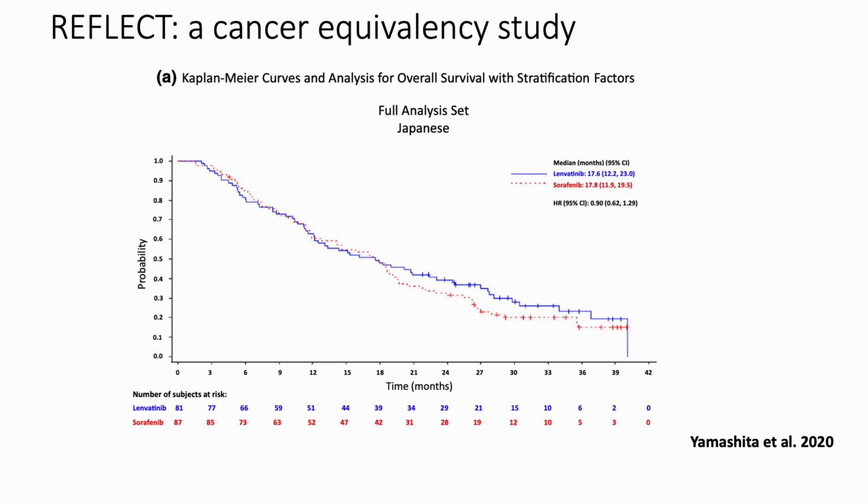So here what you see is that we have two drugs. We have lenvatinib and we have sorafenib. Now sorafenib is in red and lenvatinib is in blue. So what we can see is that we are looking at the Kaplan-Meier curves and analysis for overall survival with stratification factors. Okay. So on the left side of this graph, we can see on the y-axis the probability